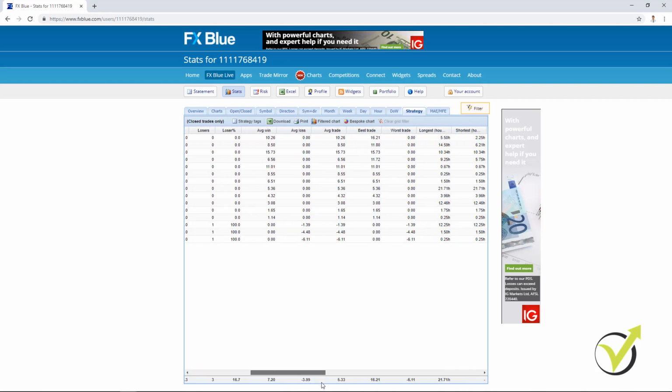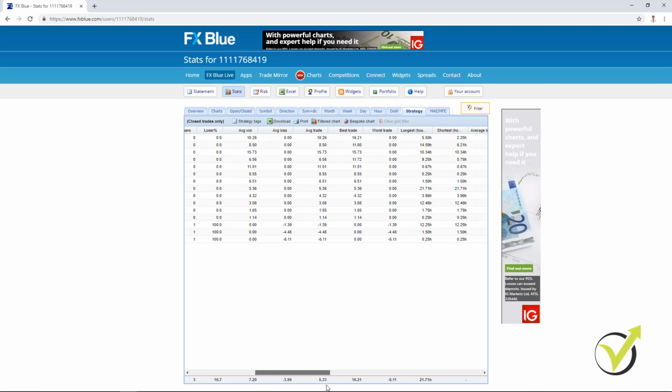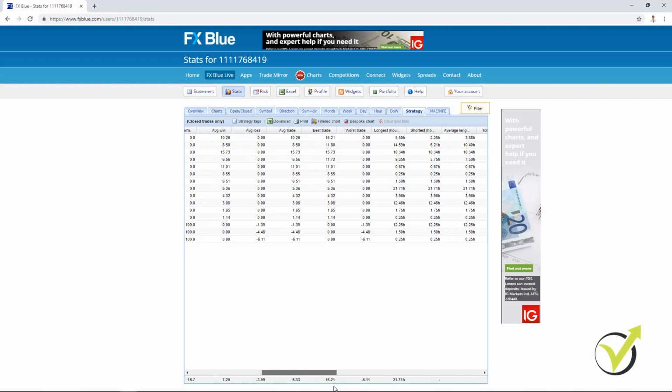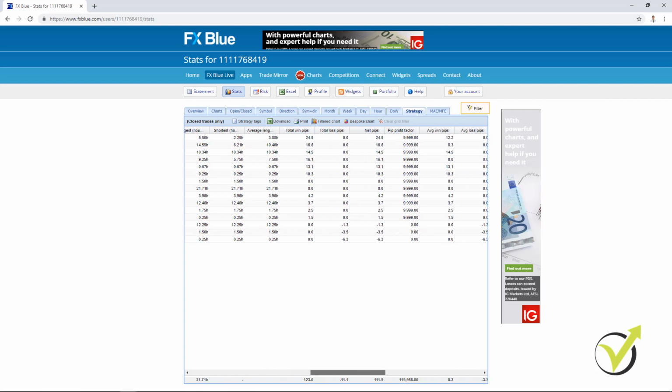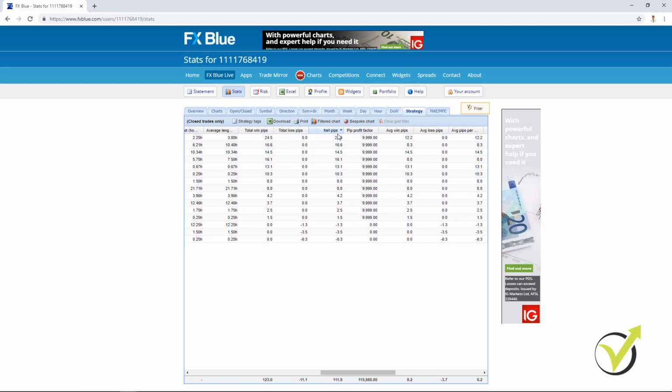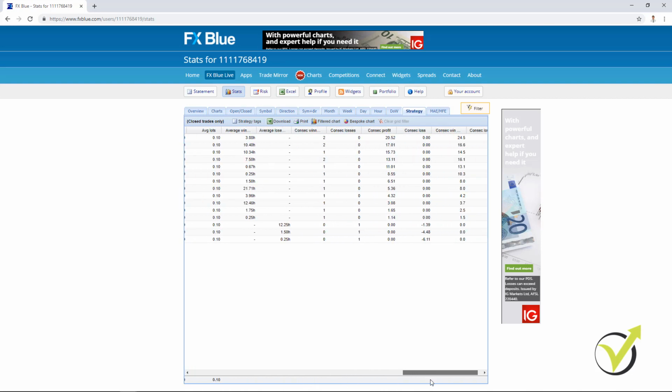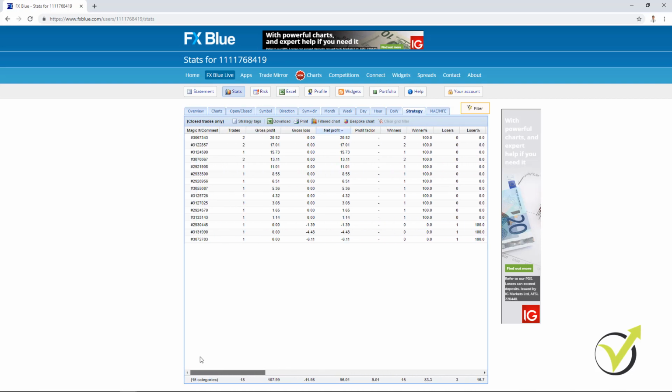If I scroll on the right side, you can see that I have best trade, worst trade, longest, shortest, average length for the positions. I have total net pips, and you can see for this time I have 111.9, almost 112 pips, and I have a lot of statistics over here which will be more with the time.